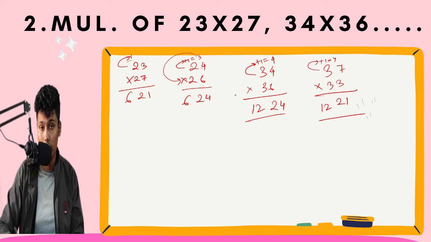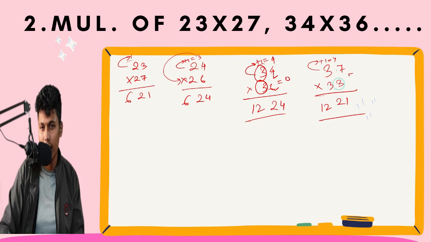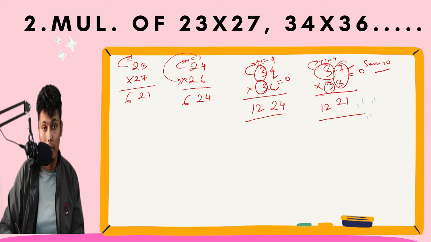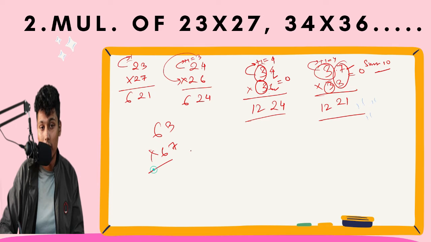Provided what is the condition? This number must be same, okay, and 4 plus 6 must be 10, or 7 plus 3, this second number must be the unit digits, okay. In the unit digits the sum must be 10, and in the 10th digit it must be same, like number like 63 into 67, okay. 7 3s are 21, 6 you do plus 1, which will be 6 plus 1 7, 7 6 are 42,